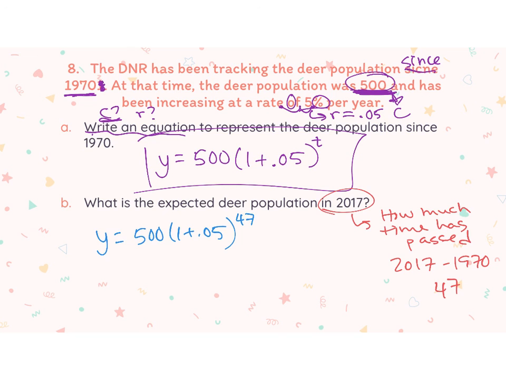And type all that into your calculator. 500 times 1 plus 0.05 raised to the 47th power. And I end up with a number of 4,952.98, and it keeps going. And these are deer. We're looking at deer here, so we are not going to have a partial deer. We need to take that 9 and use it to round up the 2. So that's